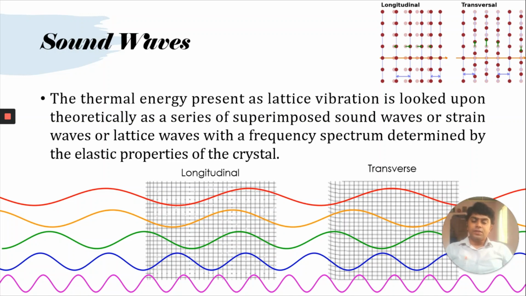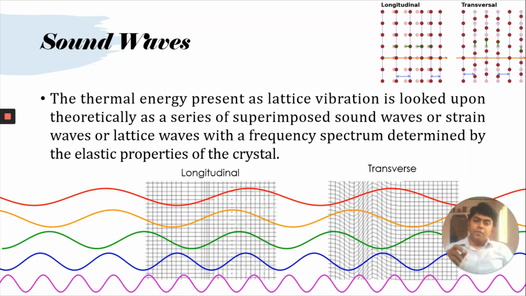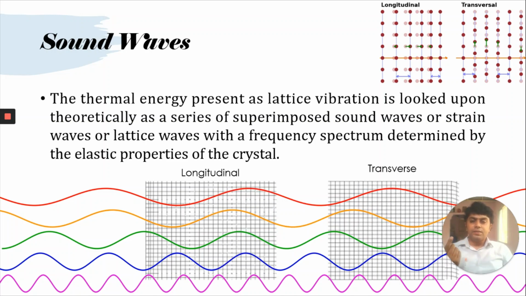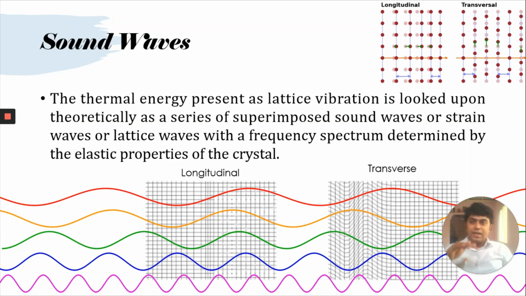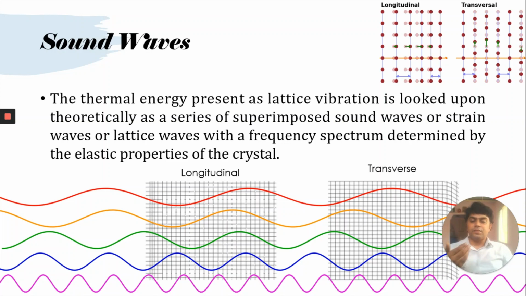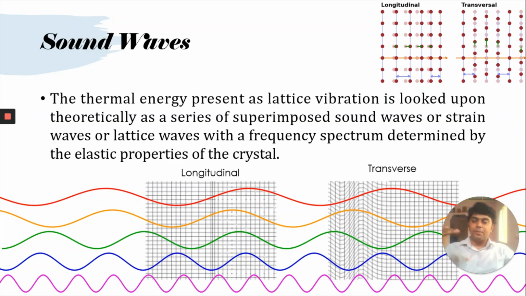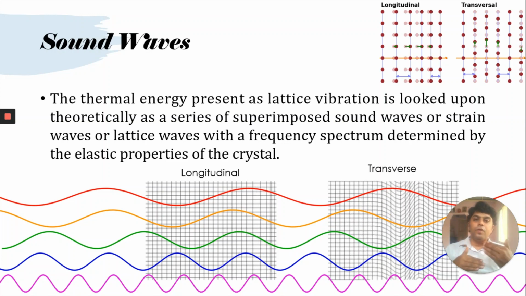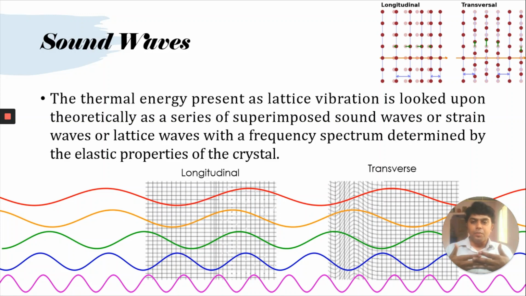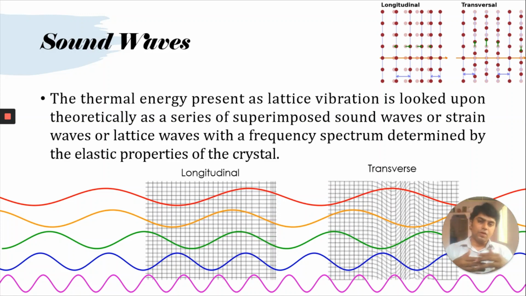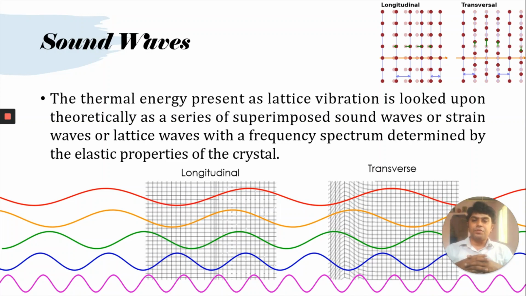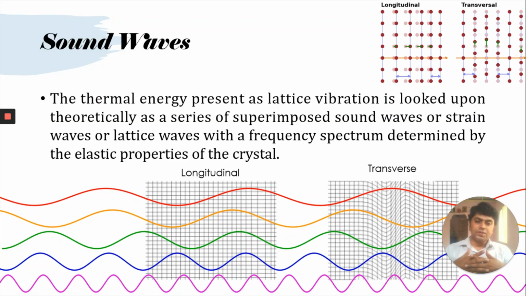Why we require this particular topic to understand is because phonons are nothing but sound waves. These are generated by the thermal energy, and the thermal energy present in the lattice sites or lattice positions makes them vibrate, and the entire periodic vibration resonates to form a sound wave. So generally, a lattice vibration is in the form of a sound wave, which creates a phonon. Here again, a sound wave consists of two parts, longitudinal and transverse.